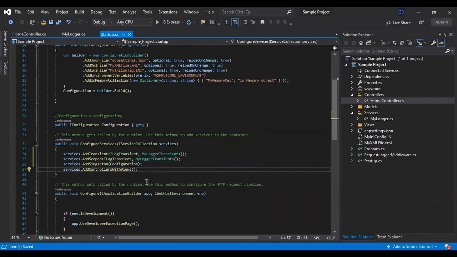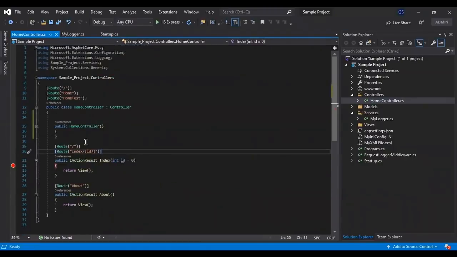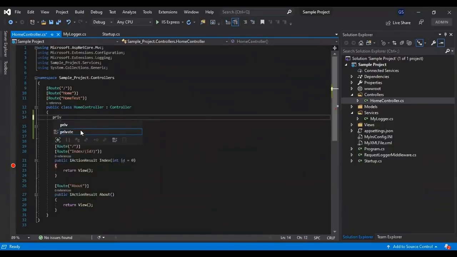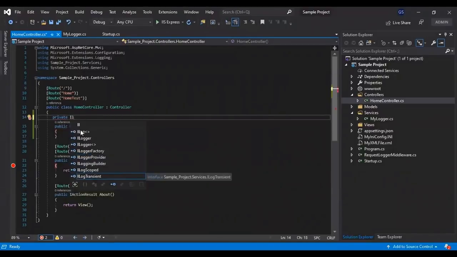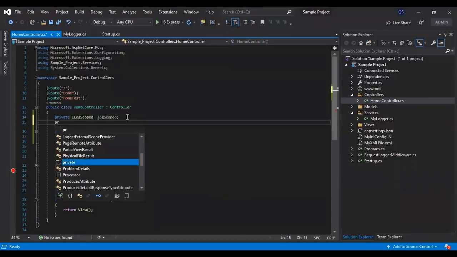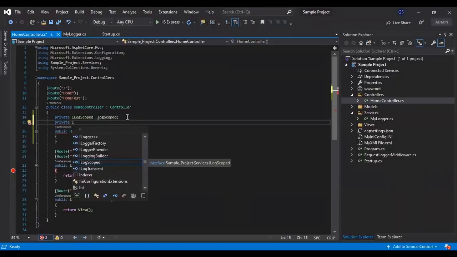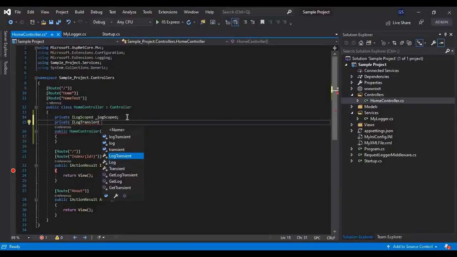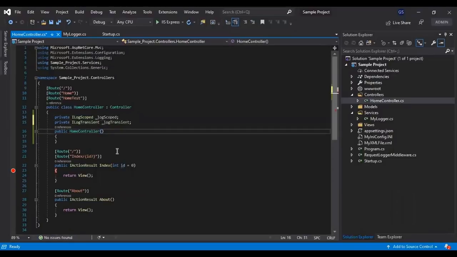The first way to inject services is to receive them at the constructor level. So let's go to the HomeController, and in the HomeController constructor, we will receive or inject the dependency. Let's declare a private ILogScoped, call it ilog, and in a similar way, we'll get ILogTransient, we call it logTransient, and we'll get the dependency here.